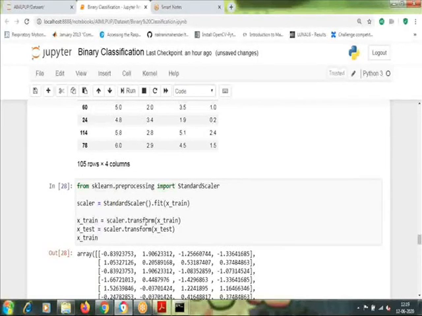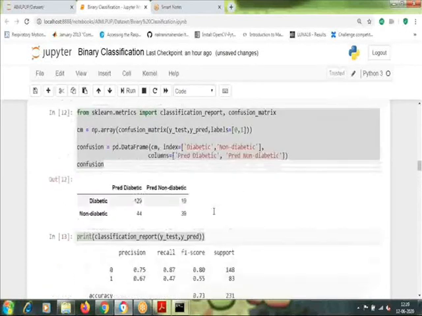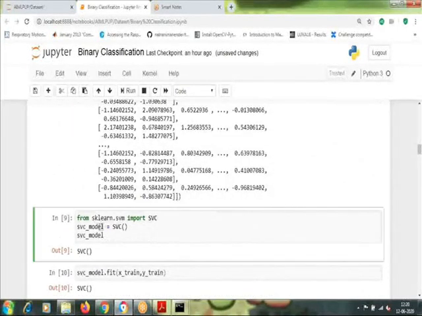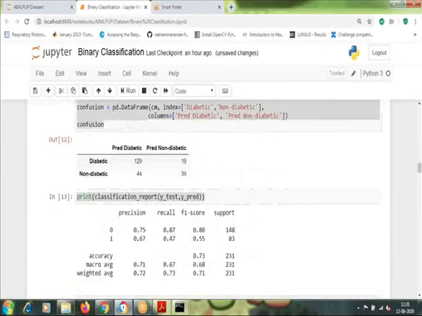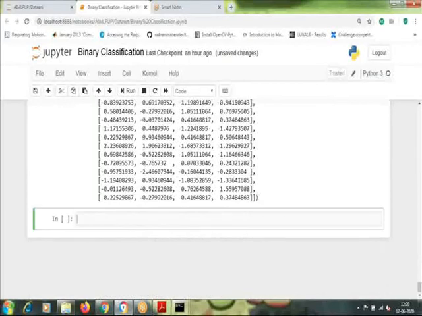Now you can implement the classifier. Again, there is no need to actually import them. SVC is already imported, and we know SVC underscore model is the name given here. So we are going to just use that same thing and train it with our new data set. There is no need to initiate it again, you just need to train it.